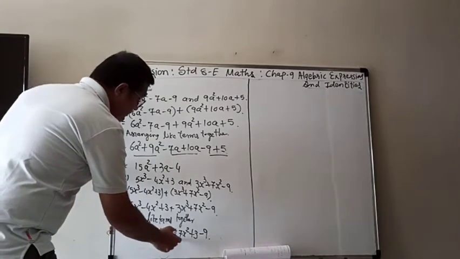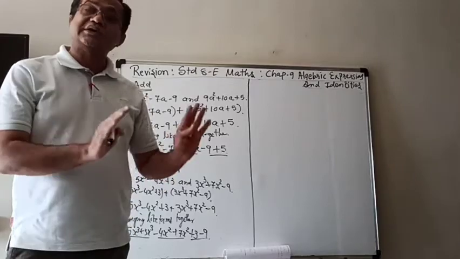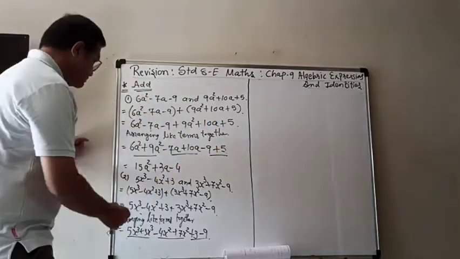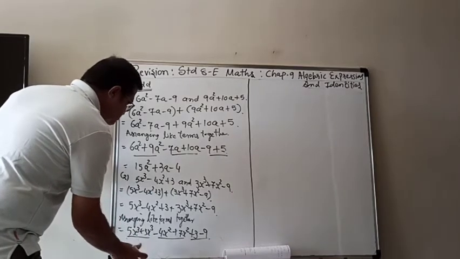Now family. If it does not have a family, you can keep it alone. Then you don't have to worry about it. So now 5 plus 3 is 8. So 8x cube